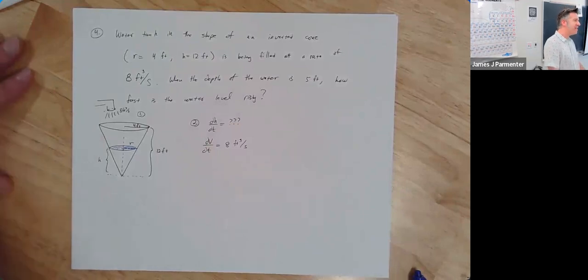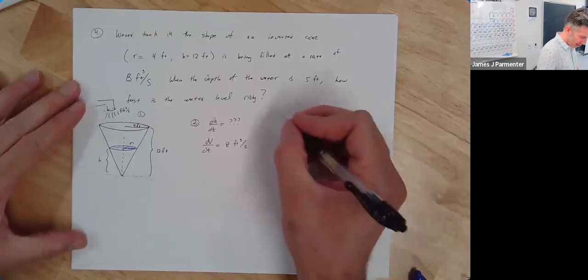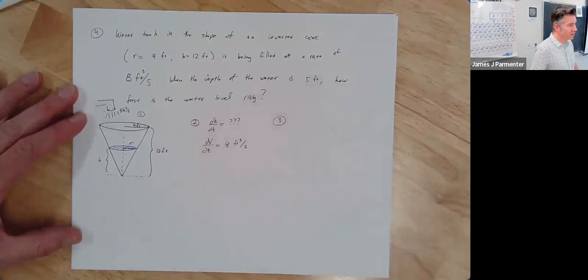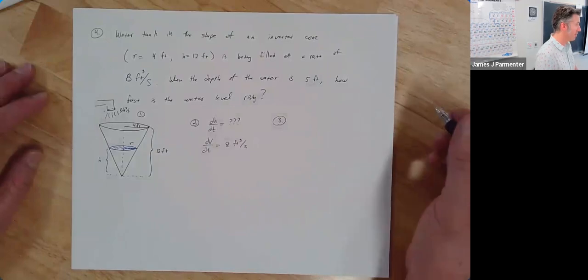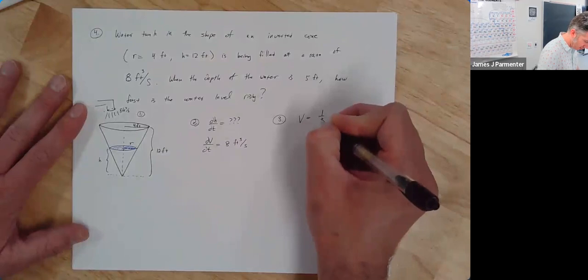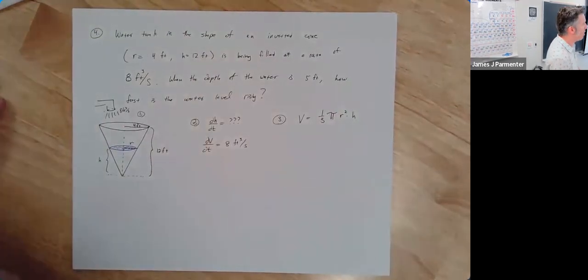And they didn't say anything about dr/dt in this question. No one is asking me what it is. Nobody's telling me what it is. I'm not going to write it down. I don't need it. We'll get there in a second. So then we need our equation relating our height and our volume. Unfortunately, the only equation that really works for the volume of a cone is the equation for the volume of a cone, which is V equals 1/3 pi r squared h,